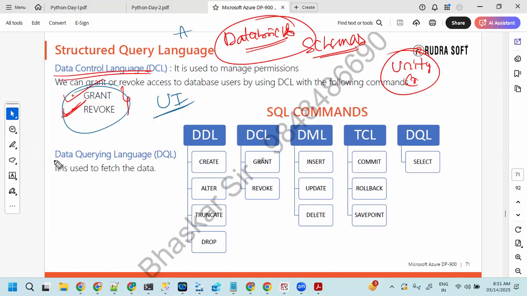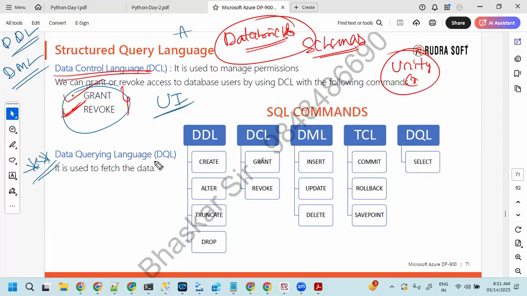Then there is a very, very important thing, that is the data querying language. This part is very, very important. If you say you don't know the data control language, no one will fail you, because it will be taken care of by some known people. And DML, everyone is going to be aware of it, so we don't need to worry about it. And DDL, depending on the size of your experience, you can work on it, but most people are going to be aware of it when they're working with or learning the database.